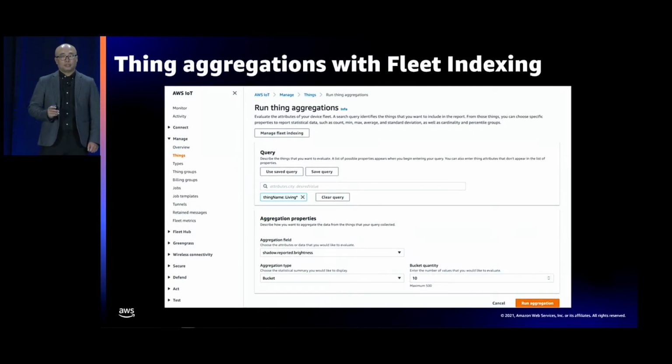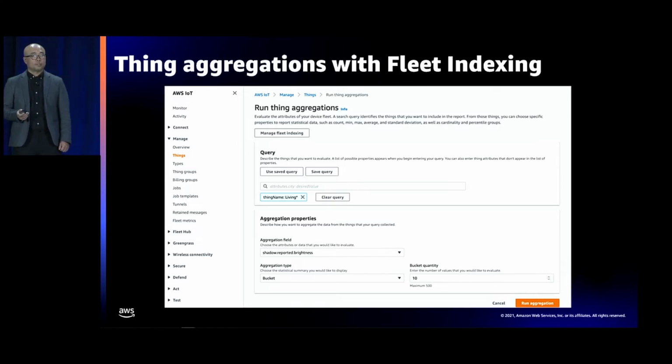With aggregation queries, customers can now get fleet level metrics for understanding fleet behavior, defining alert thresholds, and automating batch remote actions. Aggregation queries also can be used to create dynamic groups or trigger alarms, and could be part of your Fleet Hub dashboard. One example would be to create a dynamic group for all devices reporting firmware version 1.1, and apply a continuous job to that group to update them to version 1.2. Searches can be run ad hoc from AWS IoT console or API or CLI.